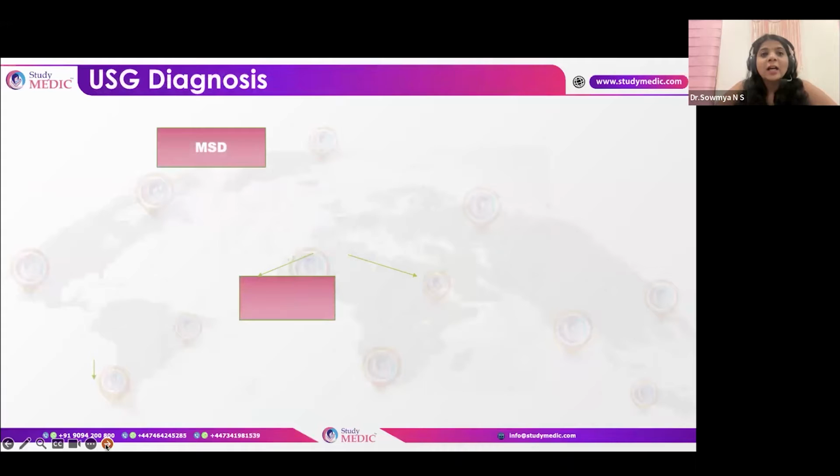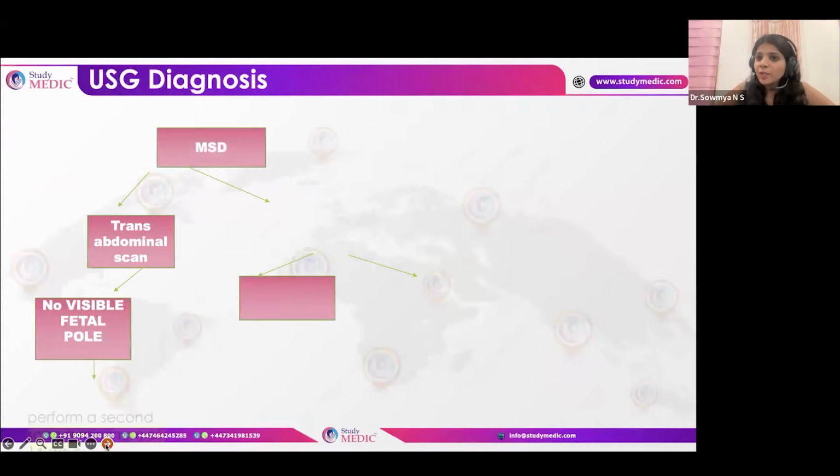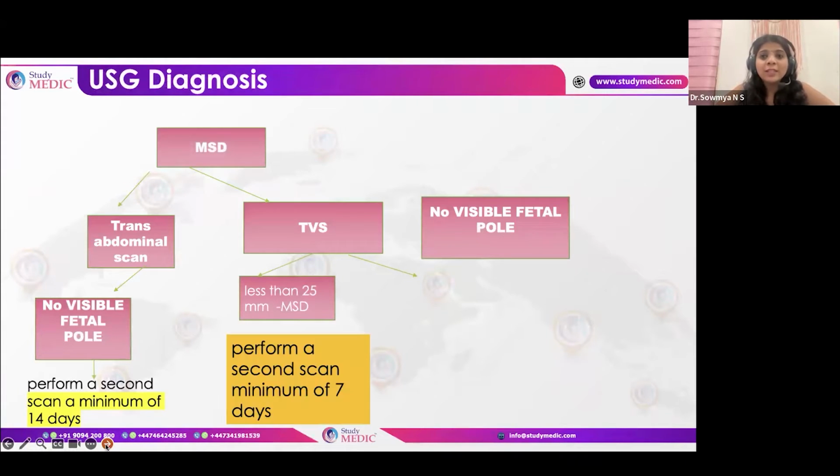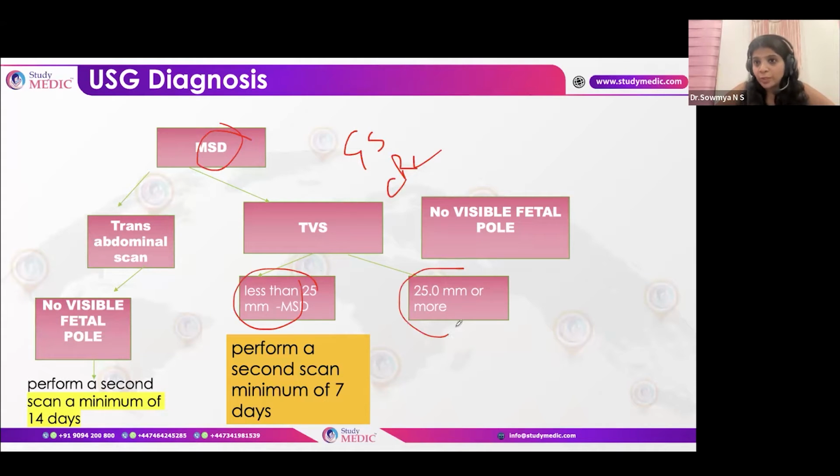Let's kickstart. Guys, for your exams, it's very, very important to know a couple of things in the early pregnancy module, that is the miscarriage, how to diagnose. The point with early pregnancy miscarriages is, you will see two things: one is the gestational sac and the other one is the CRL. If you are doing it for the mean sac diameter, if it is less than 25 or more than 25, okay? So when you do a transabdominal scan and there is no visible fetal pole, and the diameter